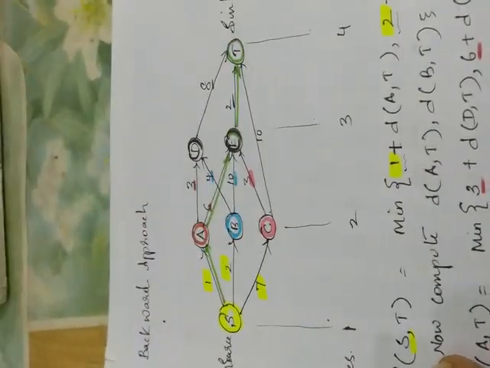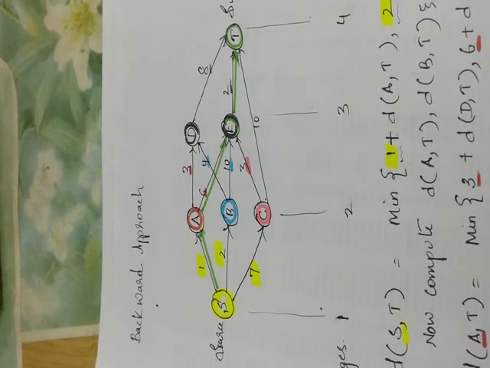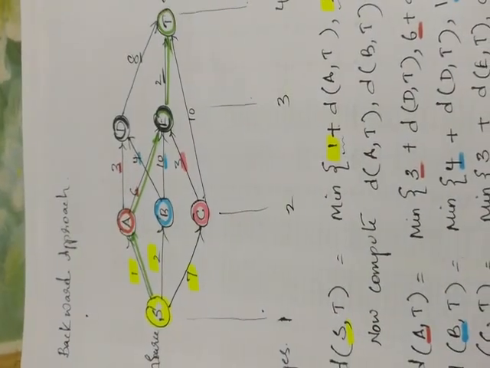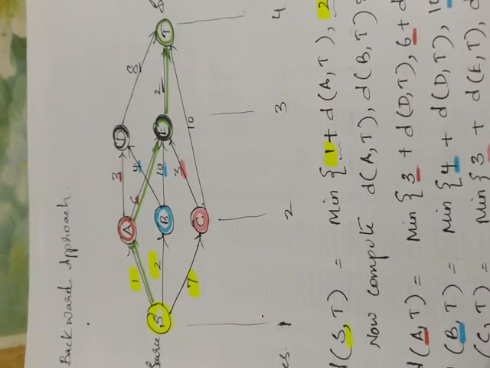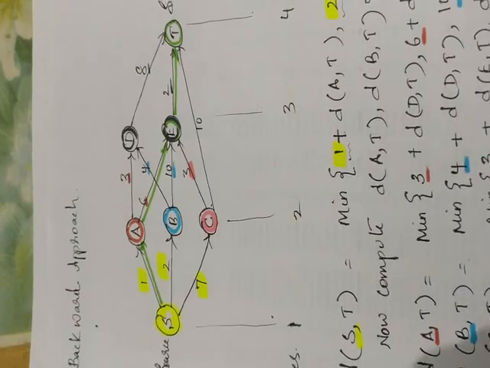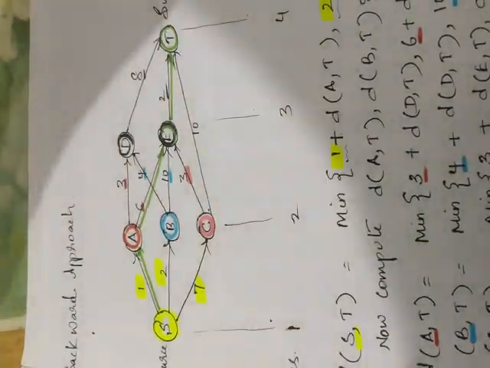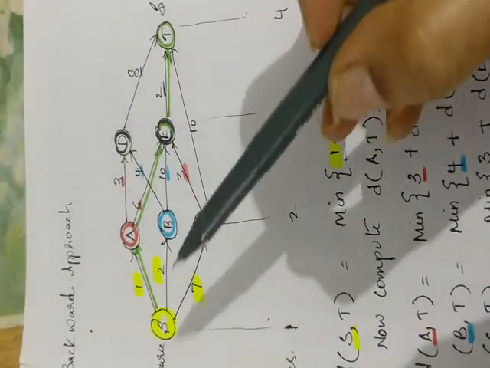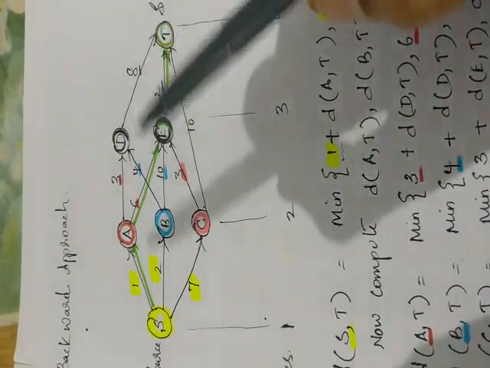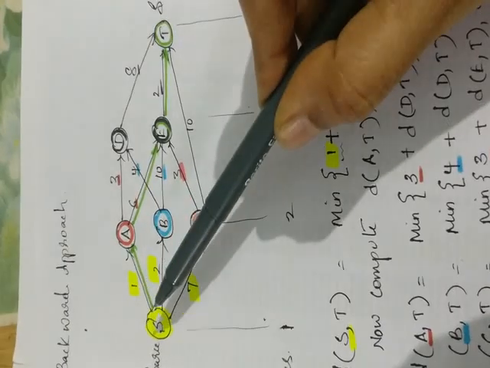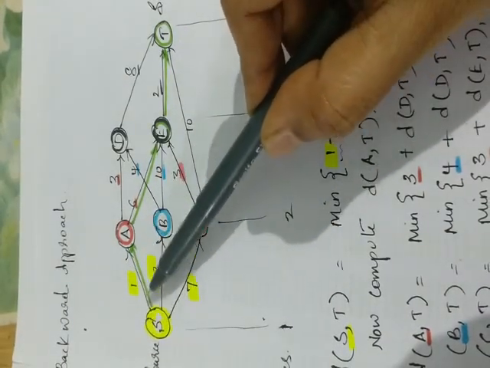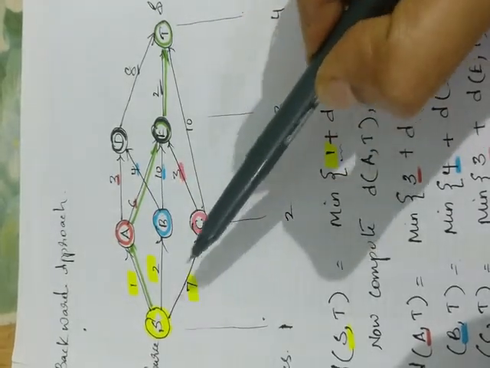In the first example, that is the first approach, the backward approach, if you can notice, I have the source to the sink. From the source to the sink I have to move. Now, which is the minimum path? If you notice here, from the source I have so many paths. See, here I have 1, 2 and 3. So, which is the minimum?